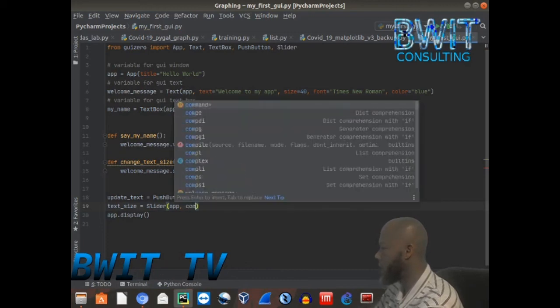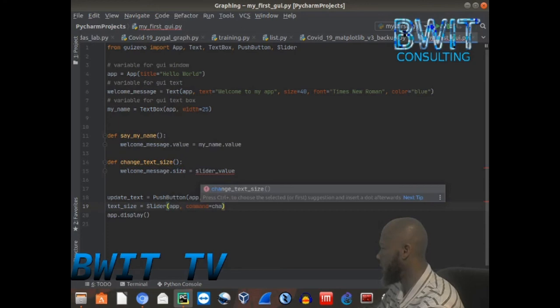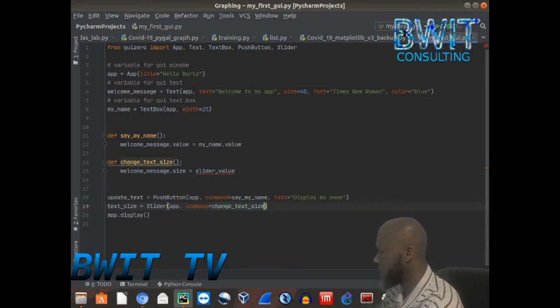and we're going to say command equals change text size, and we're going to say boom, and we're going to start that equals 10, and we're going to end this, the comma end equals 80. All right, so